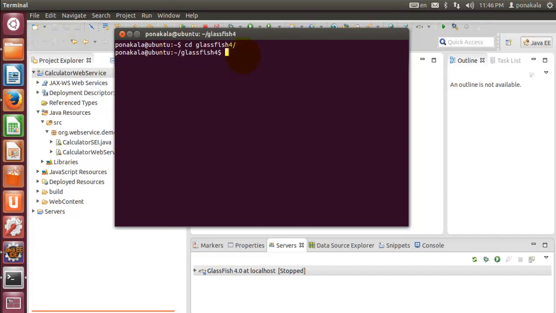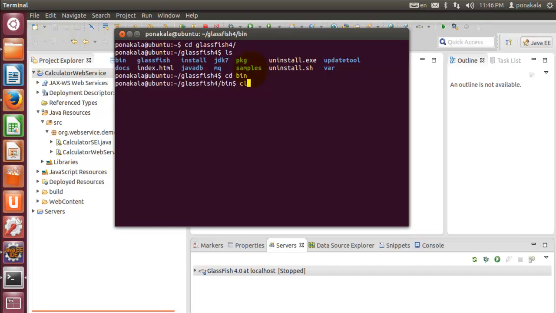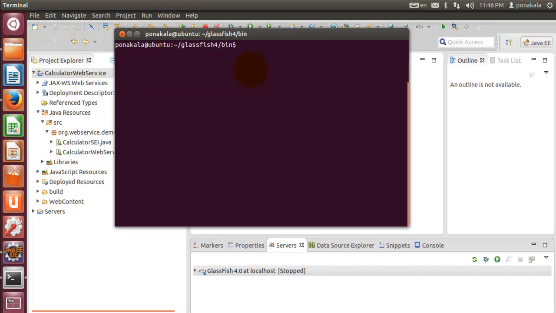Inside this Glassfish home directory, if you observe, there is a directory called bin, the first one here. Now I am moving to that bin directory, where I have the required asadmin tool, which allows me to start the domain. So here I am making use of that tool asadmin, followed by start